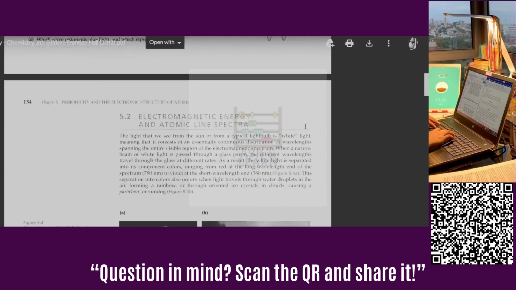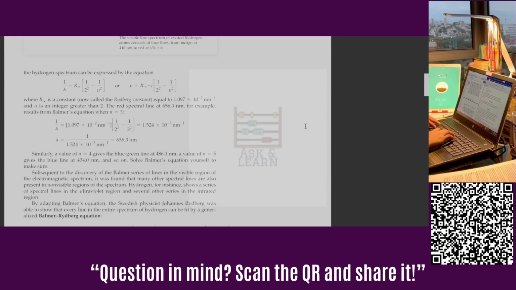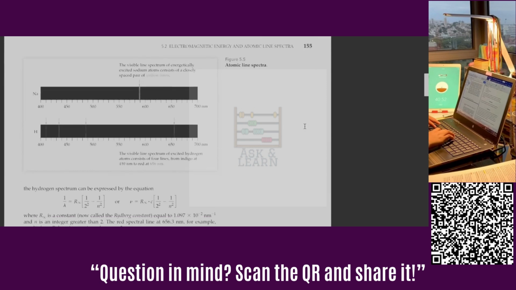Atomic spectrum is basically the energy emitted at different wavelengths by these elements when they're excited and then go back down. Now, some of them, like I said earlier, could be visible or could be beyond the visible range. Now, for this question,